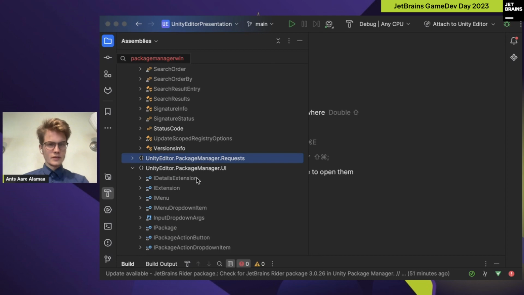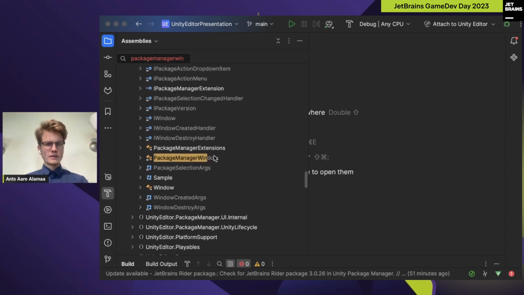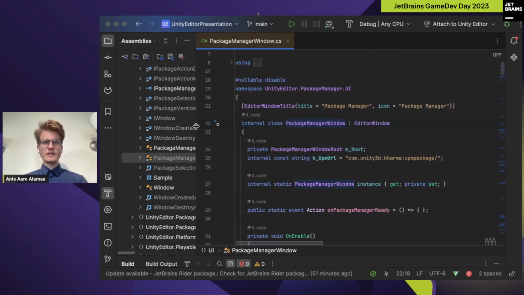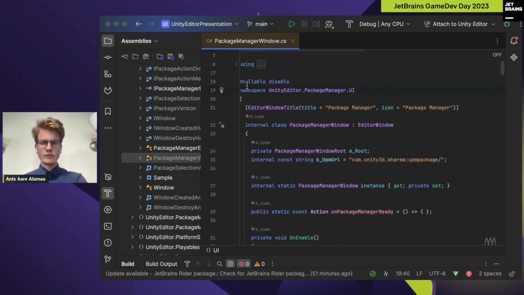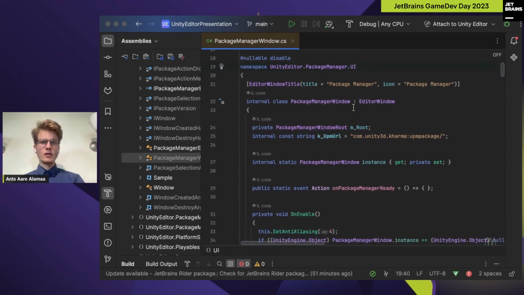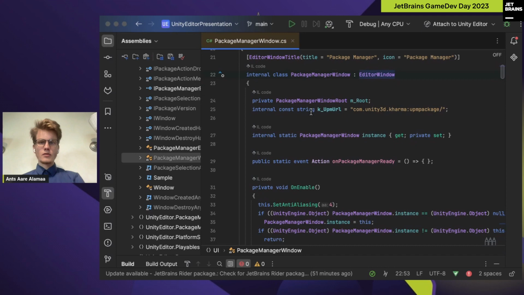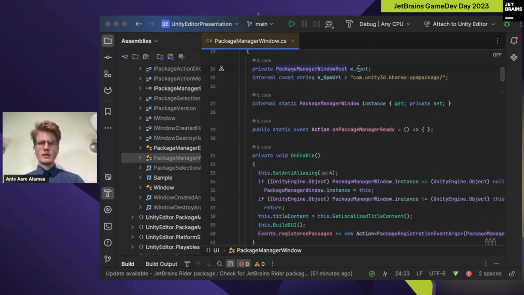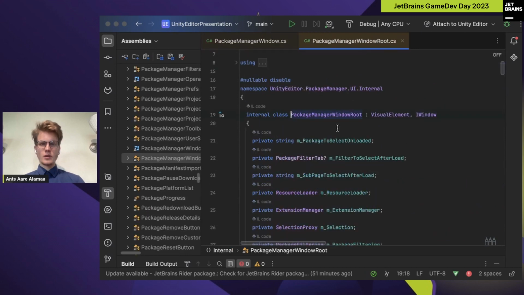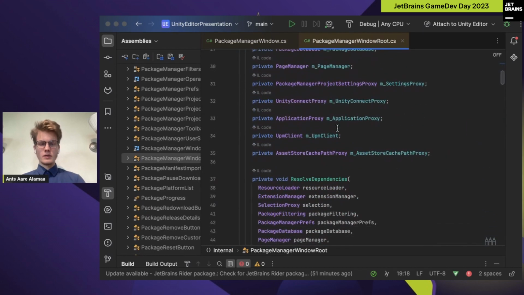oh yeah, I probably need to look in UI. Right, there's this class called PackageManagerWindow, and if I double click on it, it will automatically decompile everything inside of Rider, and it will show me basically what the source code for Unity would have looked like. These are all DLLs inside of Unity that exist, but it's kind of hidden. So inside of the package manager, there's actually something called m_Root, and if you go into here, you will